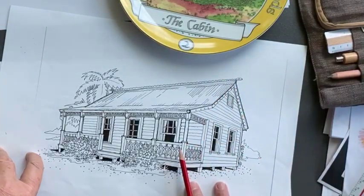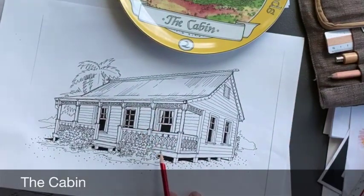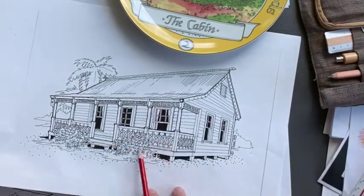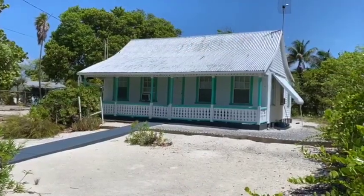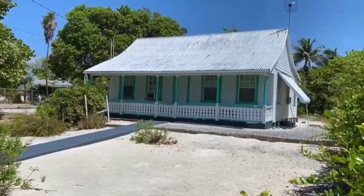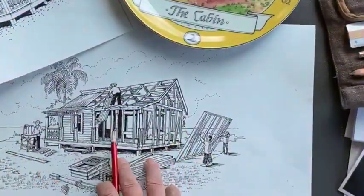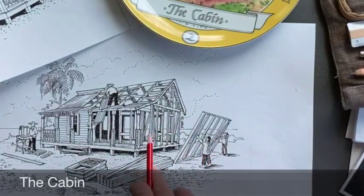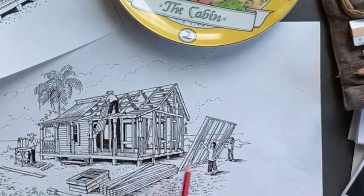The second house in the traditional Cayman houses series is the cabin. The cabin started to be seen in the late 1800s, early 1900s. The cabin was a house made from prefabricated lumber, 2x4s, 2x6s, and was very easily framed, as you can see